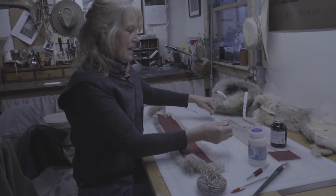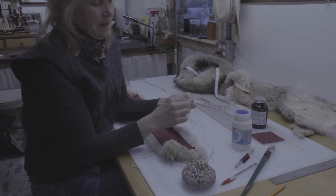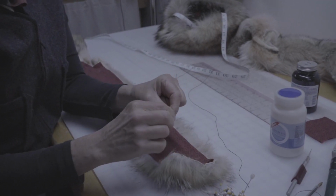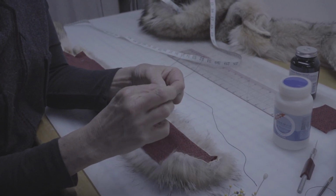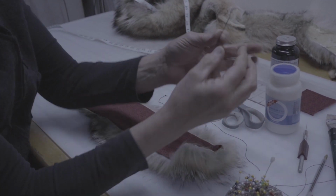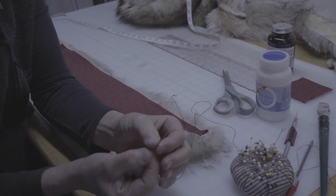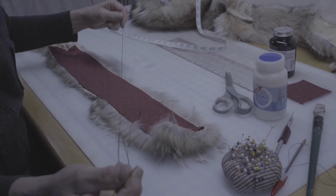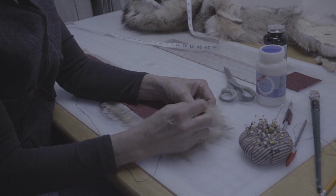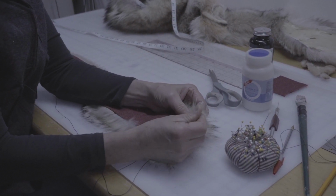So you need a heavy duty thread. This is industrial sewing machine thread, but button and coat thread will work as well. And this is a cutting needle, and it has a chisel point on it, which is really helpful for pushing through. It's not essential. A heavy cotton darning needle will work,